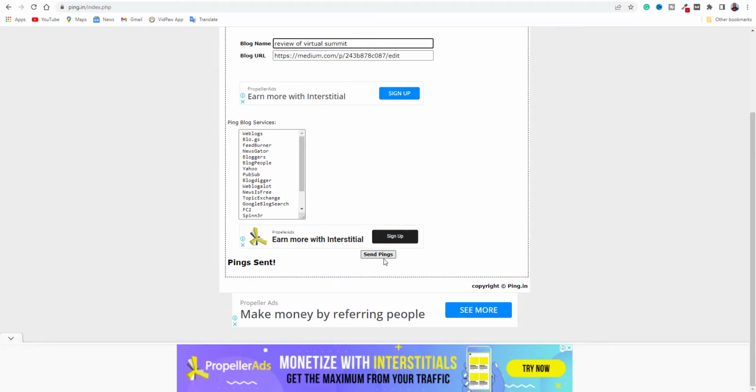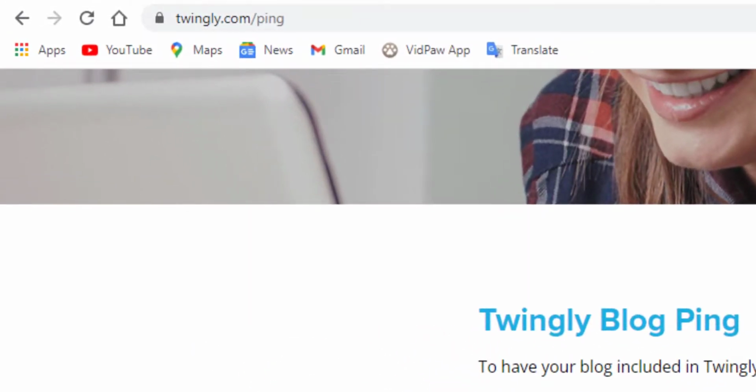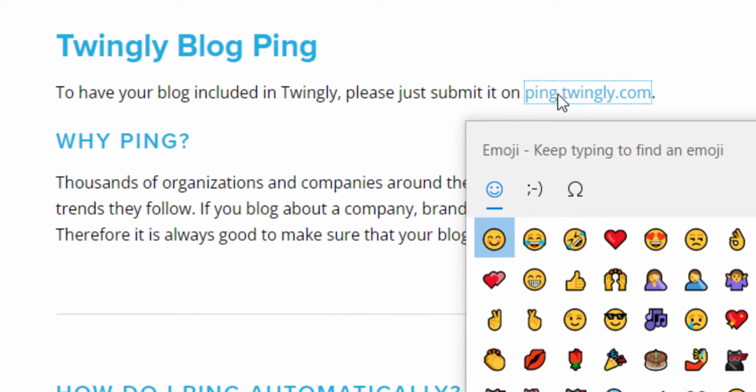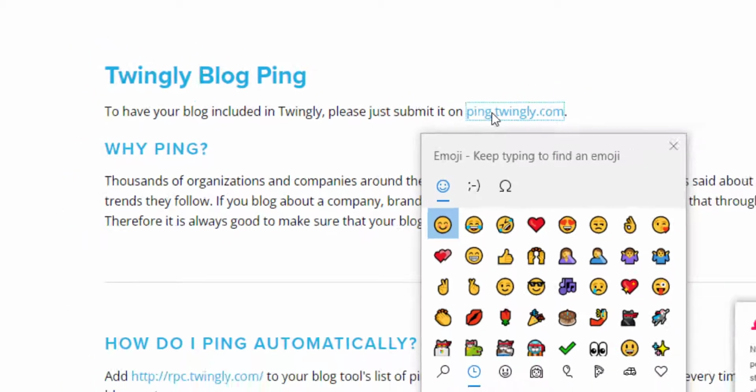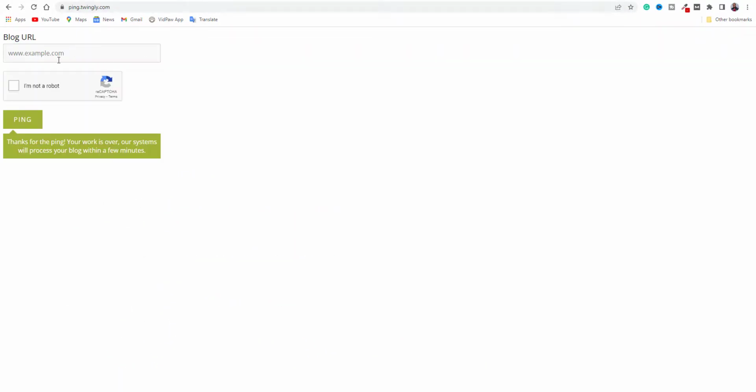The next website is twingly.com. When you come to the website, click on pingv.twingly.com. You can also enter it directly. When you get here, just enter the same link over here, paste it here, then you tick the I'm not a robot and click on ping. That is all. These are the tricks.